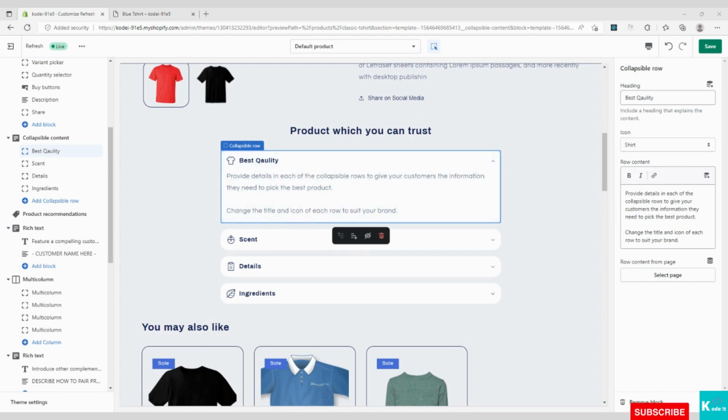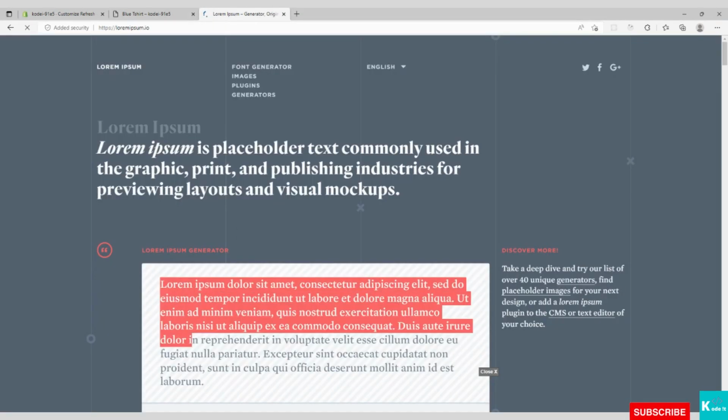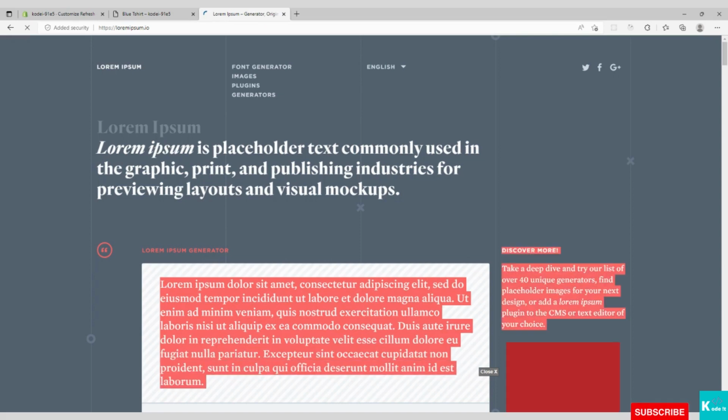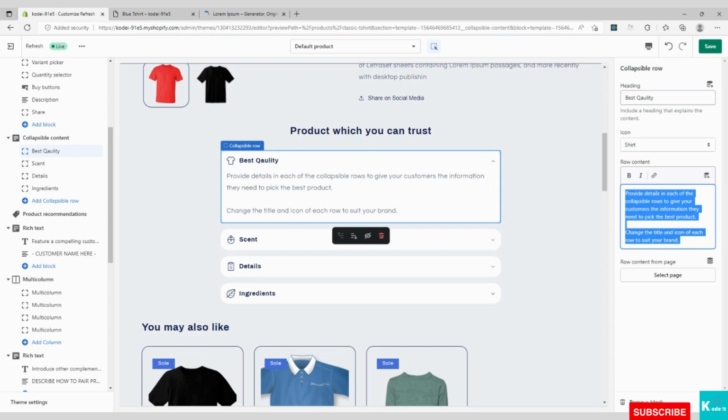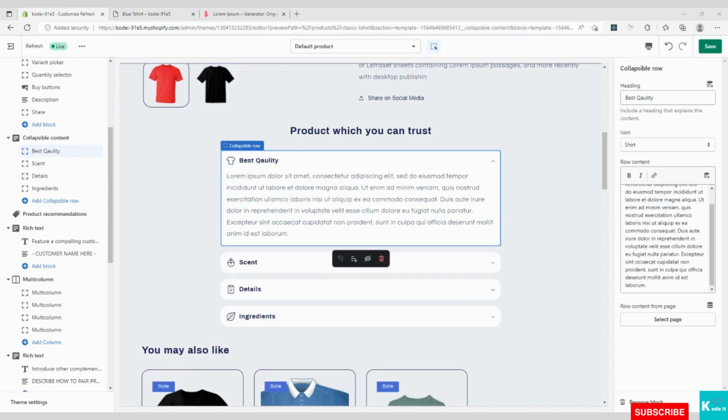Now let me copy the description from Lorem Ipsum website. If you see, I have pasted the content from Lorem Ipsum website and same content is now shown over here inside the content section of the row.